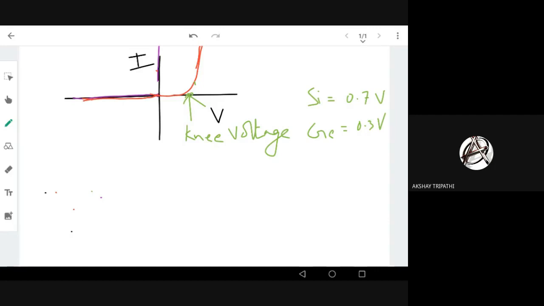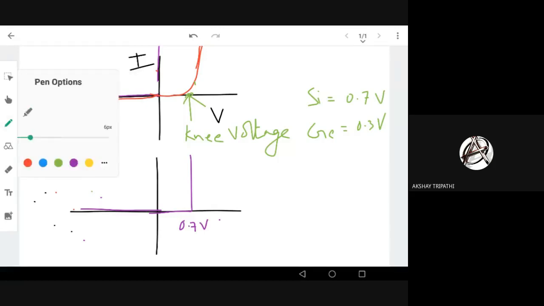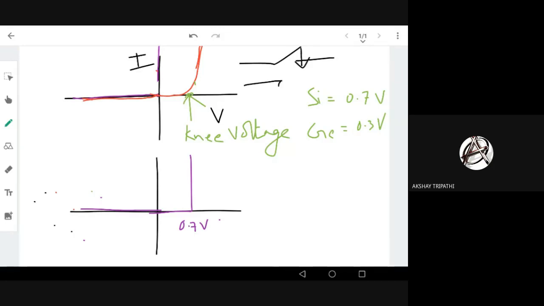This is the real characteristic. So we have also discussed another model of a diode, right? If the current is increasing beyond a point, we can replace the diode with a constant voltage. In silicon, it is 0.7 volt. So now the equivalent circuit of the diode: ideally, the equivalent circuit was a simple switch. In forward bias, it is on, in reverse bias, it is off, ideal case. But in this model of the diode, I have shown a constant voltage drop. So the real diode I'm replacing with a constant voltage drop, with plus and minus, and an ideal diode.